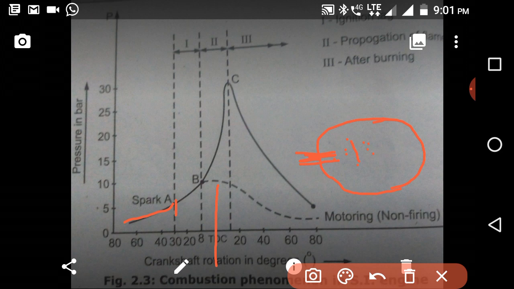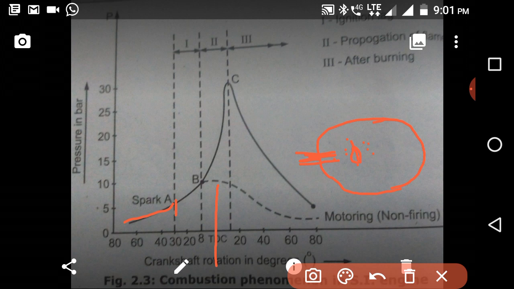It will get ignited, and here the nucleus will be formed. Such a nucleus will be formed after some time, because first the air fuel mixture will get heated, and after heating, this air fuel mixture will achieve the self ignition temperature. After achieving the self ignition temperature, it will get ignited, and it will form the nucleus. And for the whole phenomena I discussed, from the production of the spark to the formation of the nucleus, whatever time is required, that time we are calling the ignition lag.